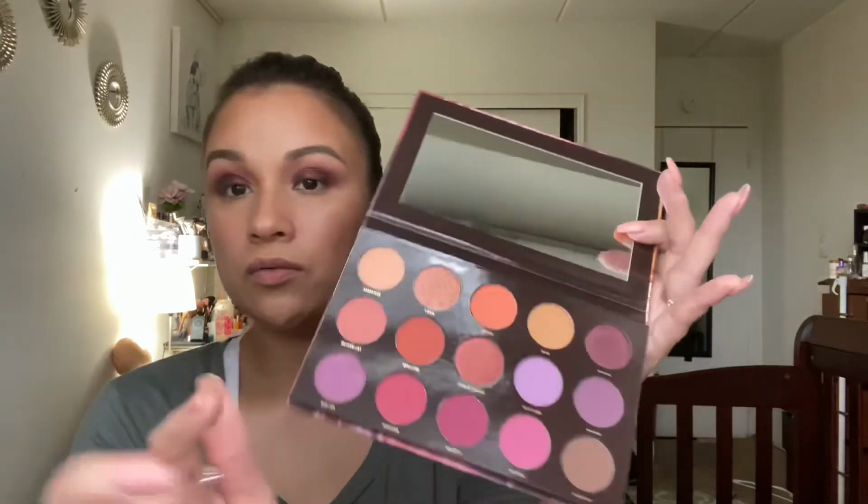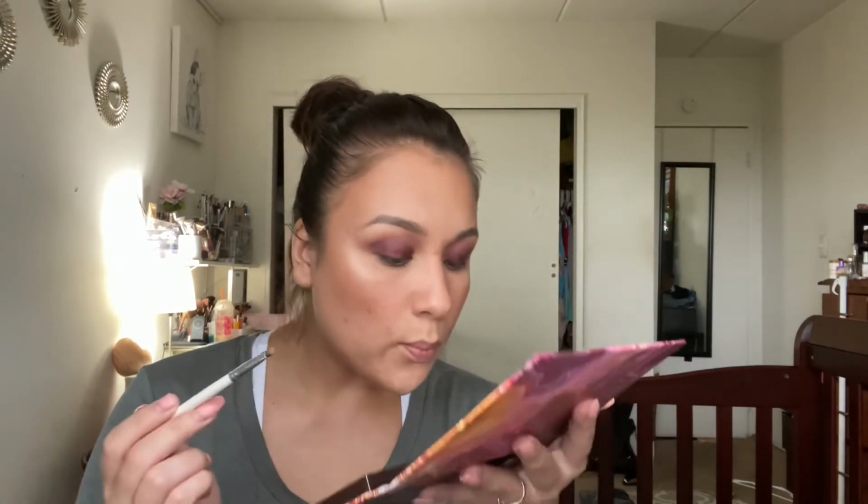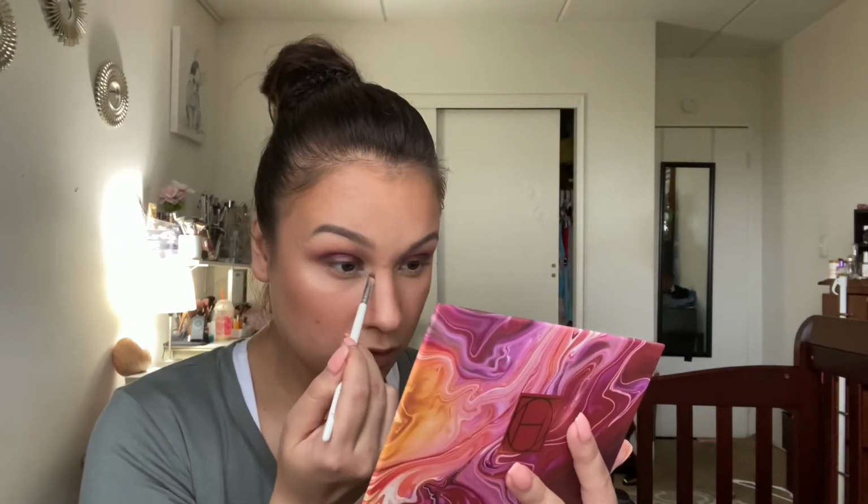And then for my brow and my inner corner highlights, I'm just going to dip into Sandstone, which is this shade right here. Oh, this shade's calling my name, but we're gonna go into this shade. That shade is just like a nice all over the eye shade and just go out the door. We're gonna highlight. It's like a nice pinky undertone. Not a shimmery highlight, so if you want a shimmery highlight, there's no shimmer highlight in here for like